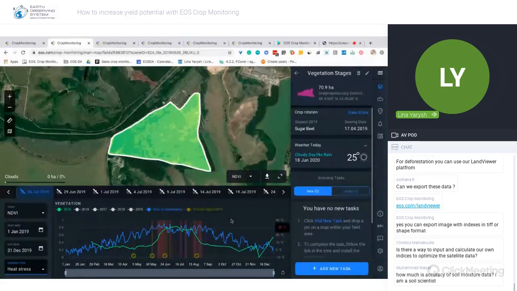So this is useful historical data that you can use to see the overall tendencies, and use it in your everyday activity, planning, and crop management and everything. So Reem, I think we should advise what our clients should do in case they see some stressed